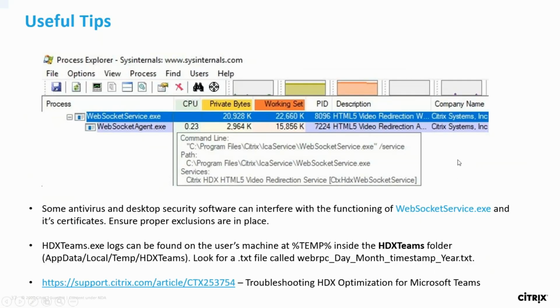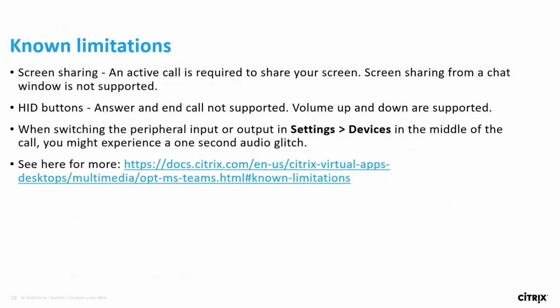This optimization pack, worth mentioning, Gavin, is that it's across Windows and WVD. It's not just tied to one OS. Exactly, it's across the board. Now there are a couple of known limitations. For example, screen sharing. We're now optimizing screen sharing in Teams, which is great. It wasn't optimized before in Skype. But for that optimization to happen, an active call is required to share your screen within Teams on a virtual machine. So that is one caveat. You can't just be in a chat and then share the screen. There has to be an active call in place.